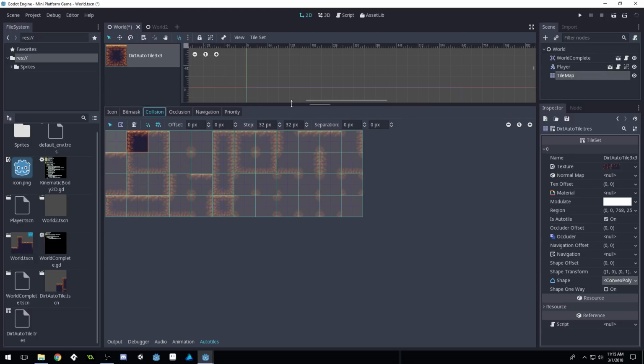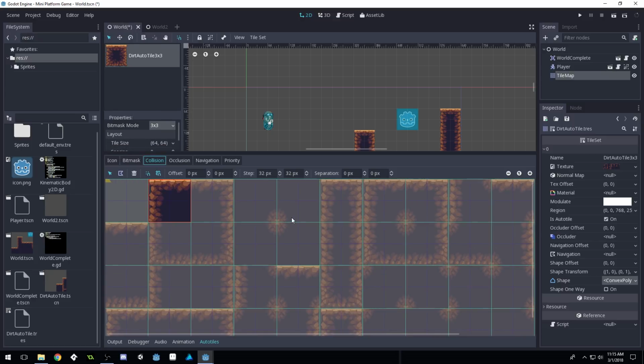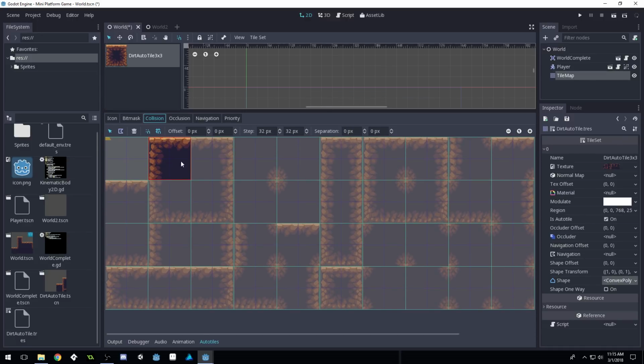And this process is a little bit tedious, I'm not going to lie. But once it's set up, it will be worth it because you'll be able to create levels very quickly. So I'm going to just bring this up here. And then you need to see it created a little collision up here in the corner on this tile. That's terrible. We do not want one there. So just press this trash can to delete it. Then we're gonna do this kind of column at a time. I'll click on this one right here and